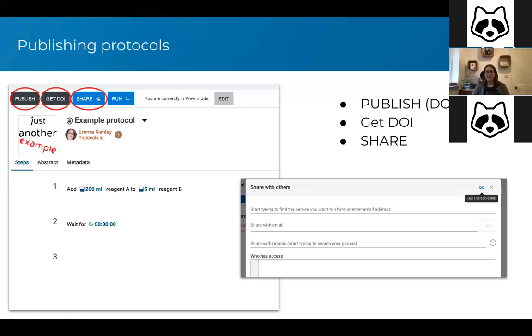The second option, if you are ready to make it a little bit more permanent, is you can click Get DOI. For anyone who doesn't know what a DOI is, that's a digital object identifier, which is essentially the link that you get for anything that you publish. So research articles, data sets, and here protocols, you will receive a DOI, and that's a permanent identifier for the